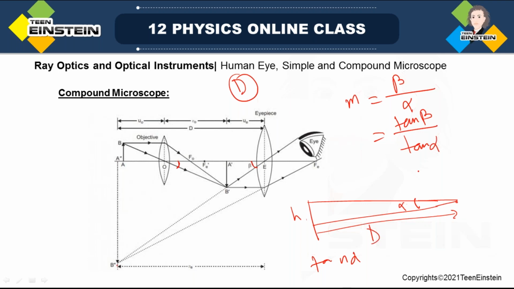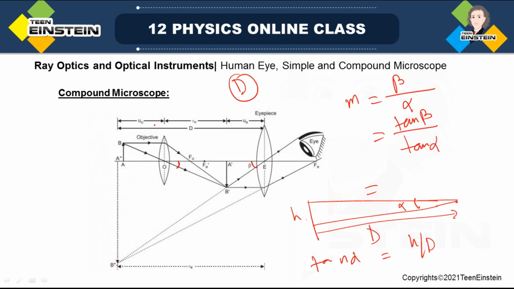That is how I take. Okay, so tan alpha will be readily h by d. And what about this thing? This is beta. Tan beta is given as, so tan beta will be given by